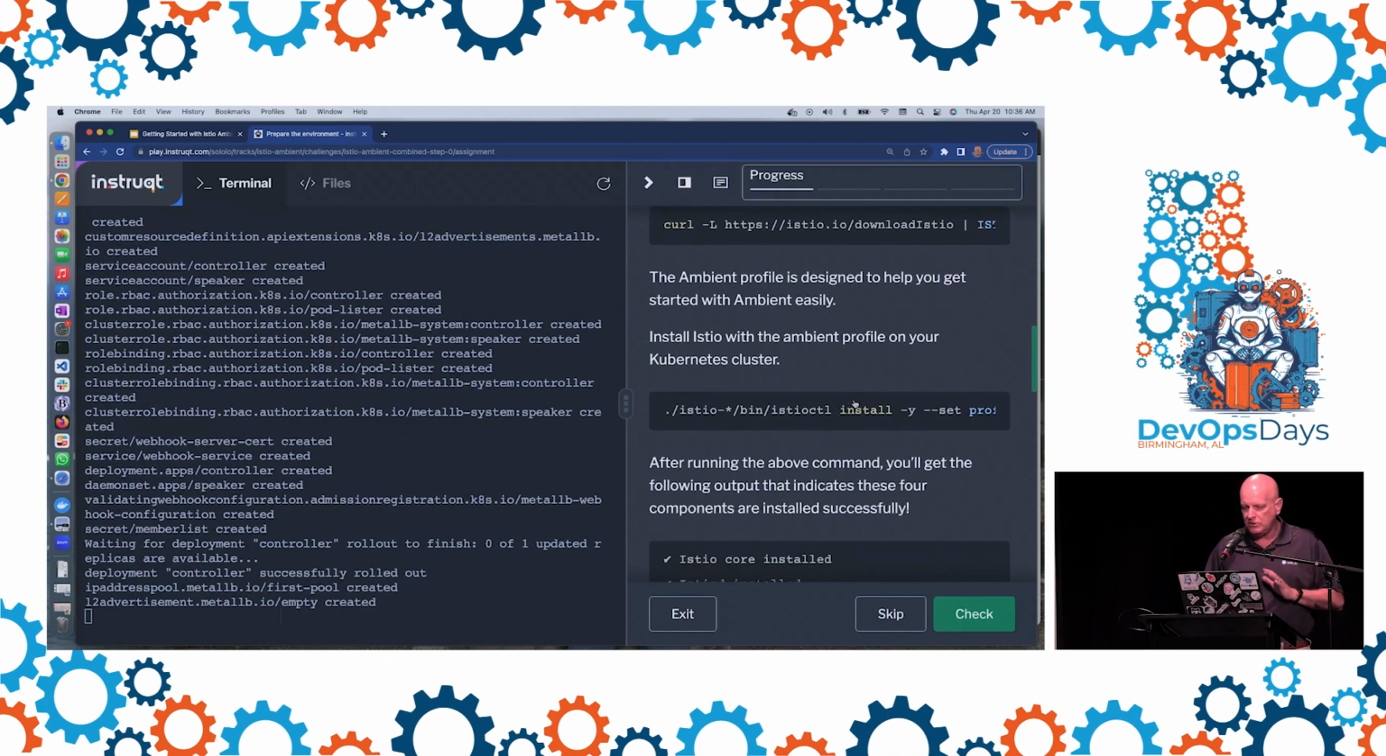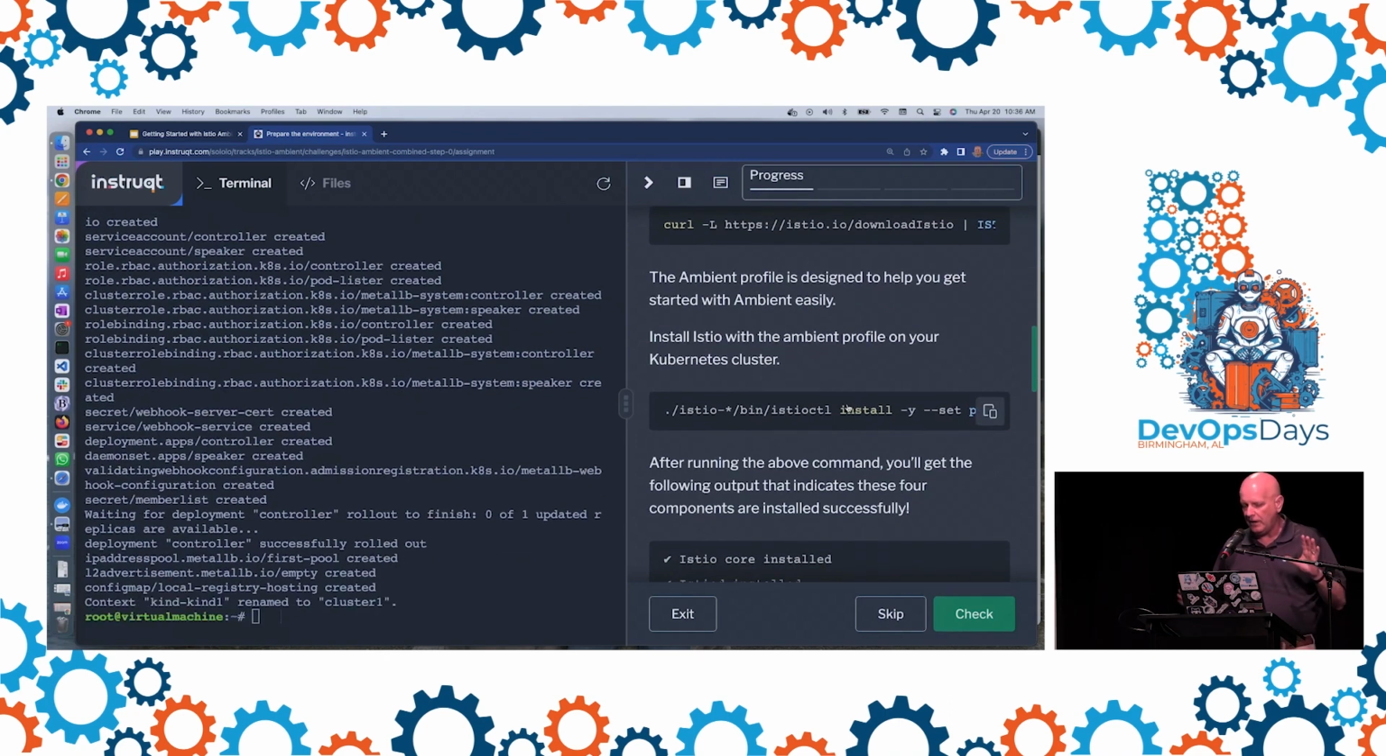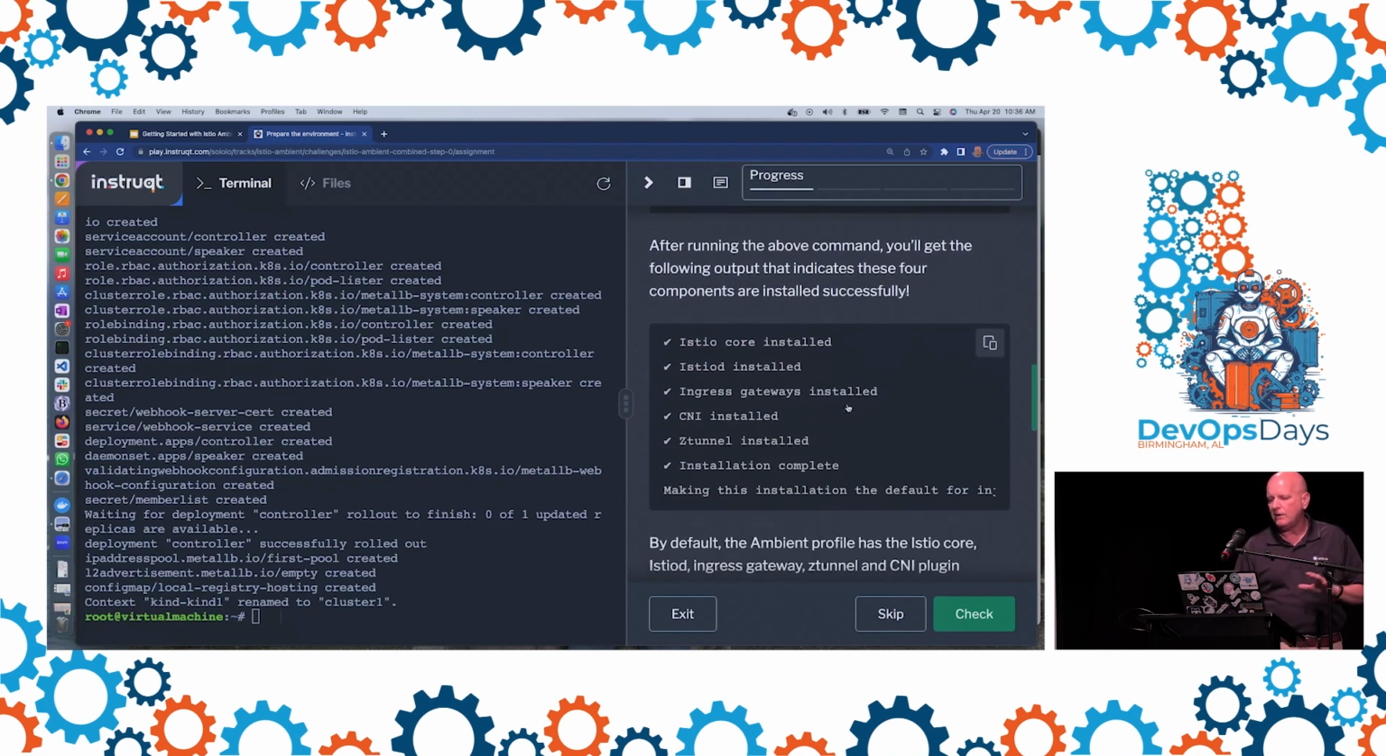We're going to do that using the ambient profile. That ambient profile is going to install, obviously, the core aspects of Istio. So the Istiod control plane will be there. We'll have an ingress gateway that's going to be installed that we'll use to manage traffic coming from the outside. We're going to install a CNI that's going to be responsible for managing the traffic redirection, because now we're changing the architecture